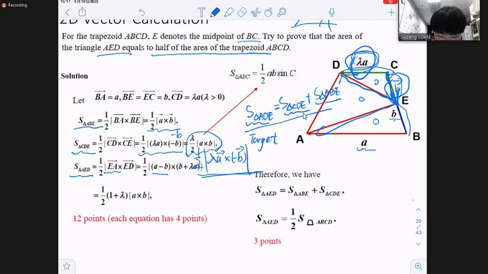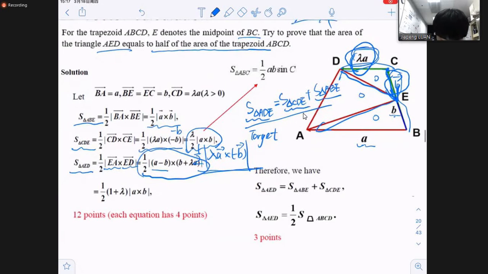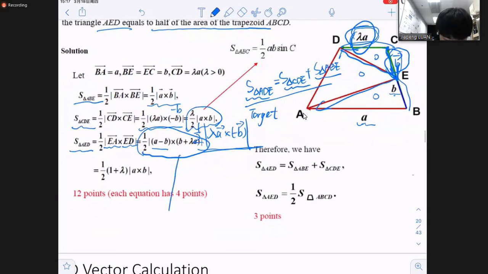And also B plus lambda A is actually ED. And then you calculate this. This is actually A cross B,